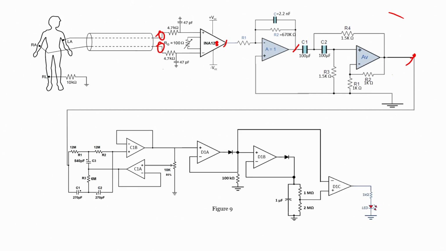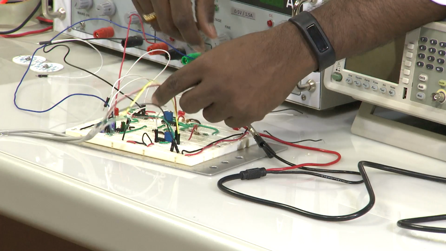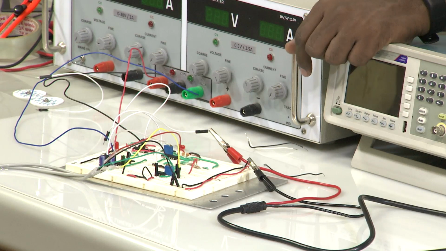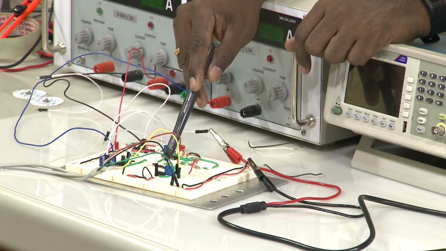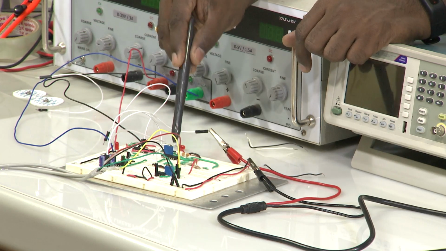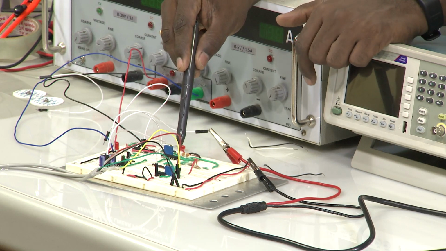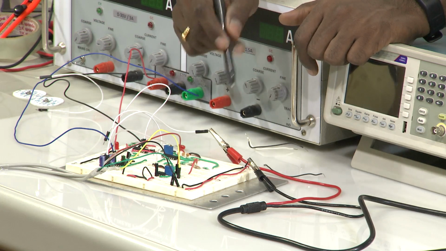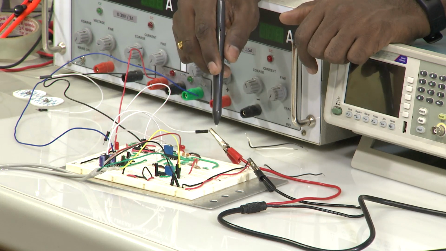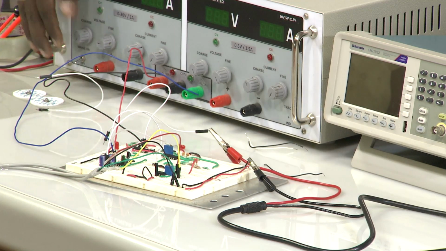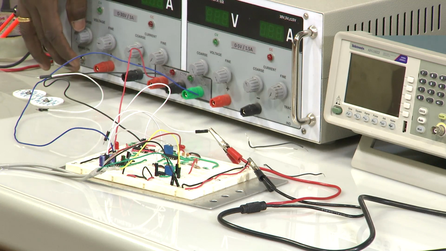When you see the breadboard, what I have done is connect the outputs of the ECG signal, through the leads, to the inputs of the instrumentation amplifier. This particular blue trimmer pot, which is a 200 ohm pot, we are using and have set at 100 ohms, so that the gain will be as per the data sheet. You can calculate the gain of the system based upon the resistance that we have used, somewhere around 500 to 100,000 gain we are using. Let me switch on the power supply and we will see how exactly the signal will look.